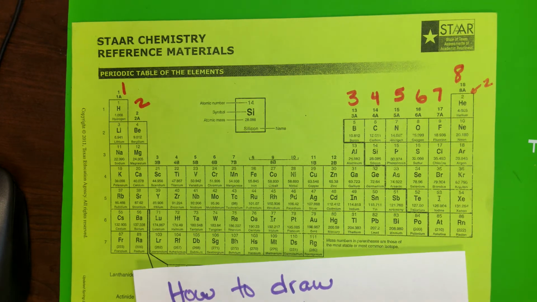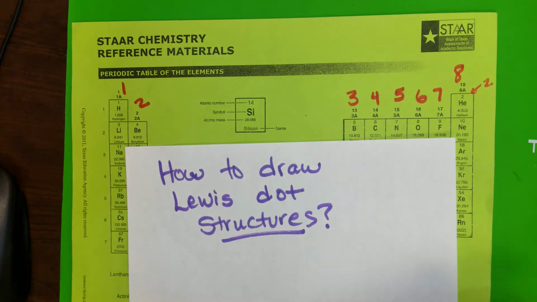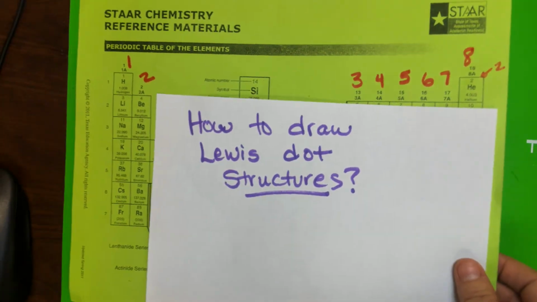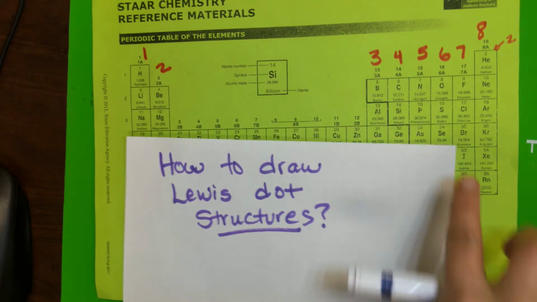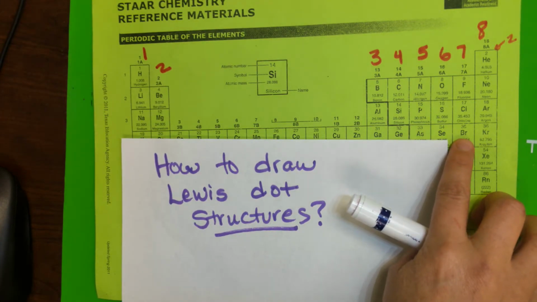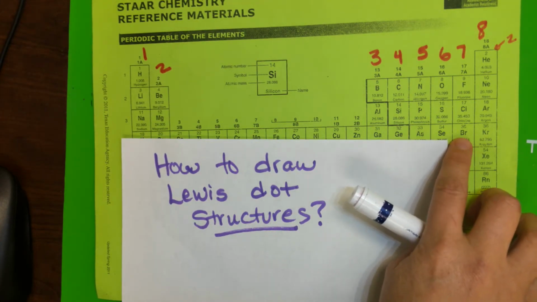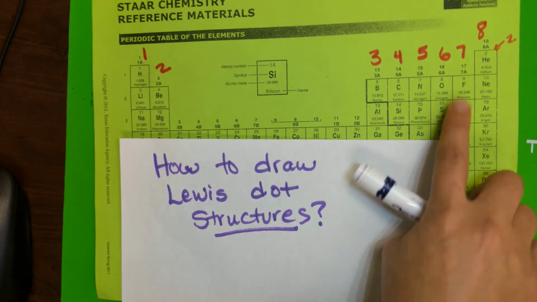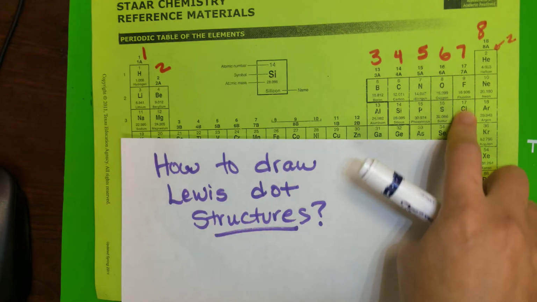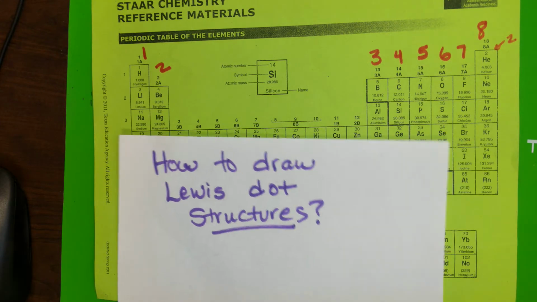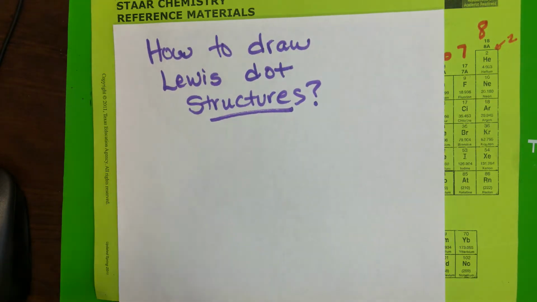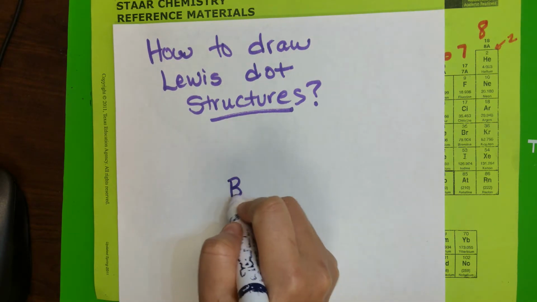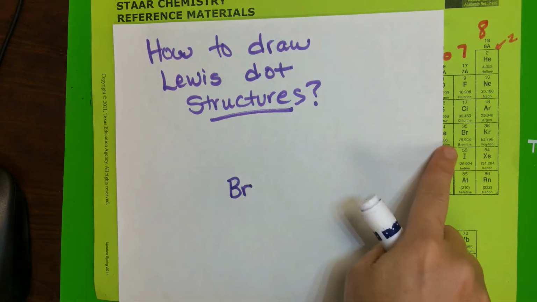We talked about this, I believe, 2 days ago, but I am going to refresh your mind on Lewis dots. Say, for example, let's take bromine. How many valence electrons does bromine have? Obviously it's 7. Now let's draw the Lewis dot by itself for bromine. We write the symbol, and then we draw seven